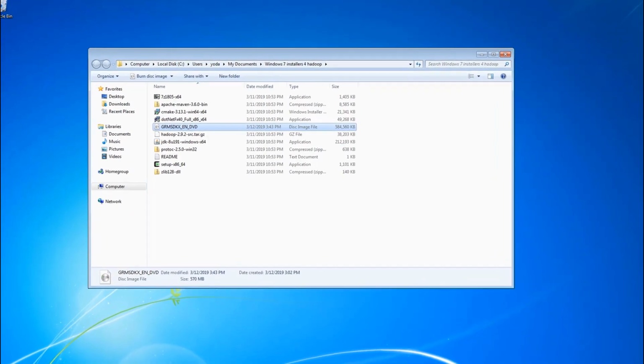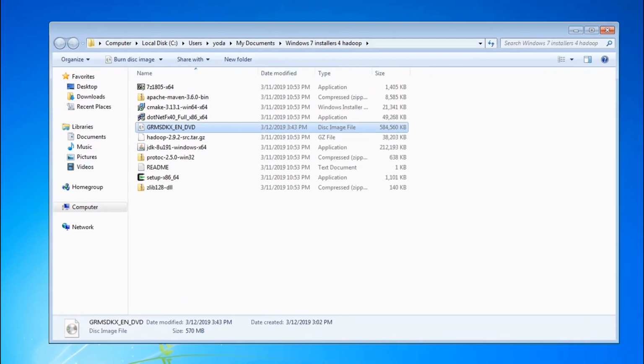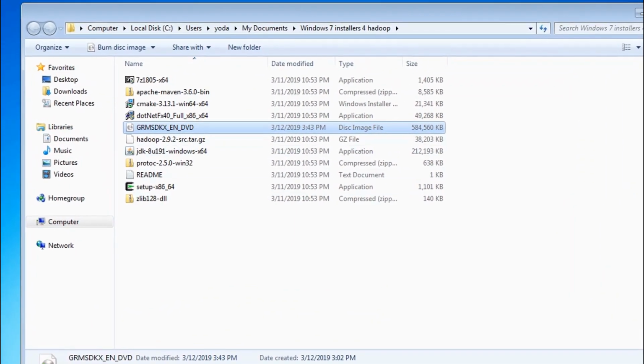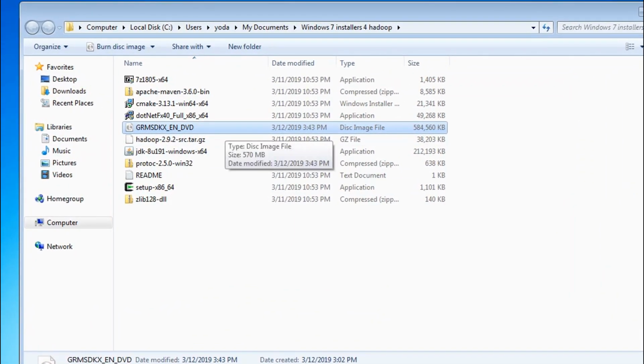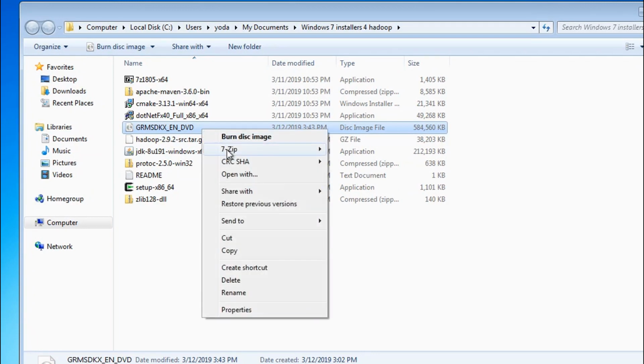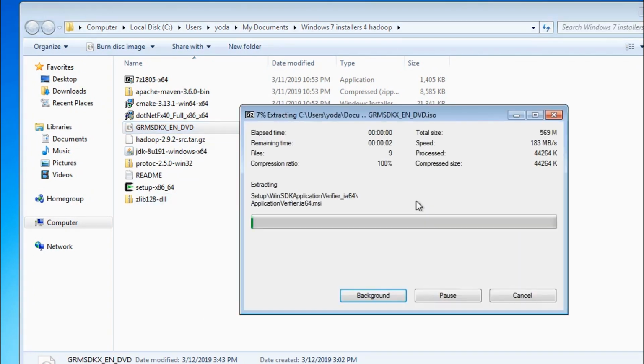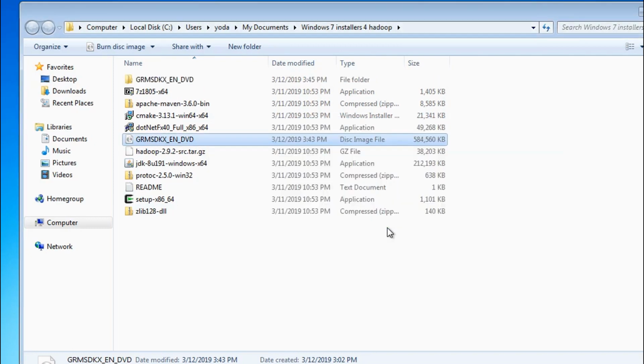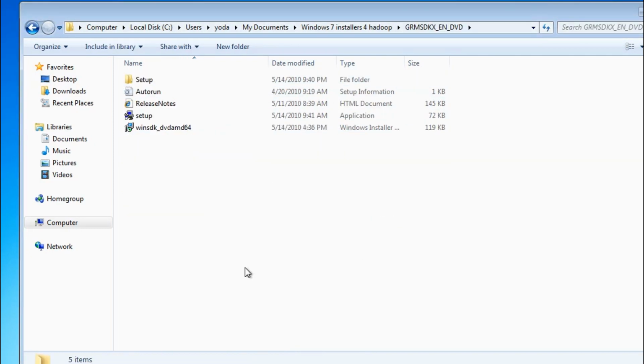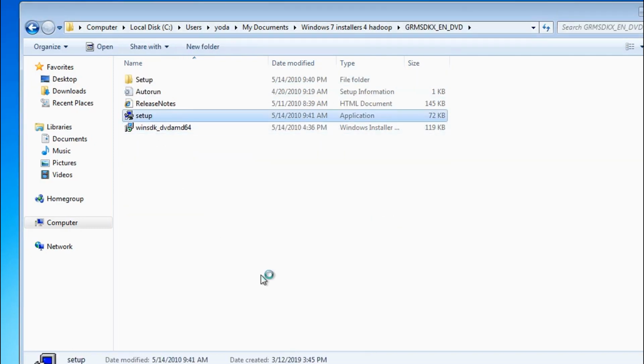Okay, now let's start with the fourth step of installing Windows 7 SDK. So as you can see, I have the ISO file. Let's extract it with 7-zip. So go to the extracted folder and double click on the setup.